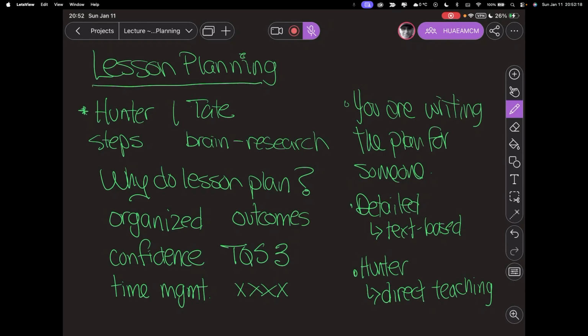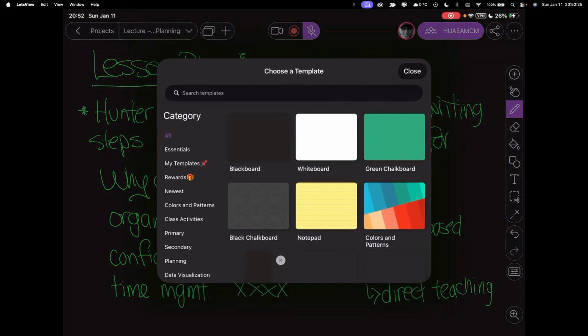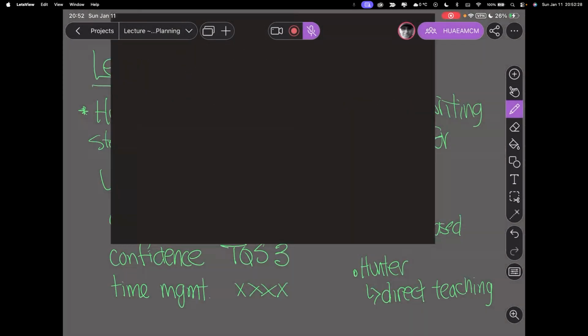So what Hunter realized, so she did some research on this, and I'll just make a new page here, there we go, is that after observing all of these teachers doing their thing in their classrooms, there were several steps that they all did, okay, when they were direct teaching. So one important thing to remember is that it's for direct teaching, because if you do a search of Hunter's methodology on the internet, you're going to find that there are some people who are proponents of it and people who disagree with her methodology.